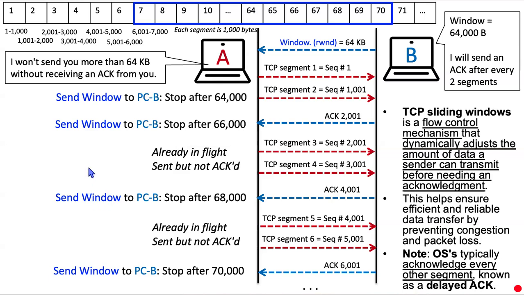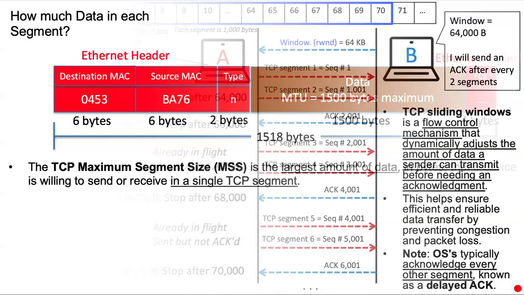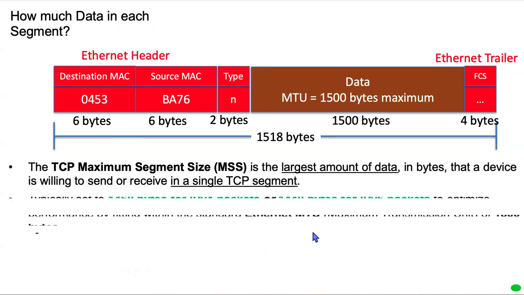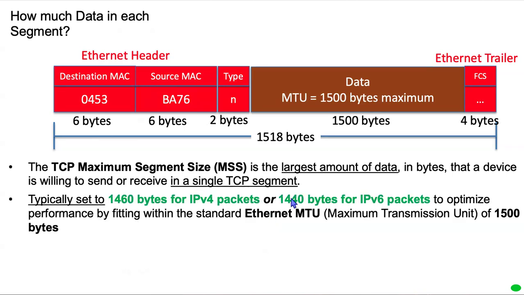Okay, now we're going to explore more in later videos here in a moment. But before we get there, I want to talk a little bit about how much data is actually being sent. We've been using 1,000. That's a nice round number. This is called the TCP maximum segment size, MSS. This is the largest amount of data in bytes that a device is willing to send or receive in a single segment. How does it come up with that? We're going to see here in a moment, but this number is typically